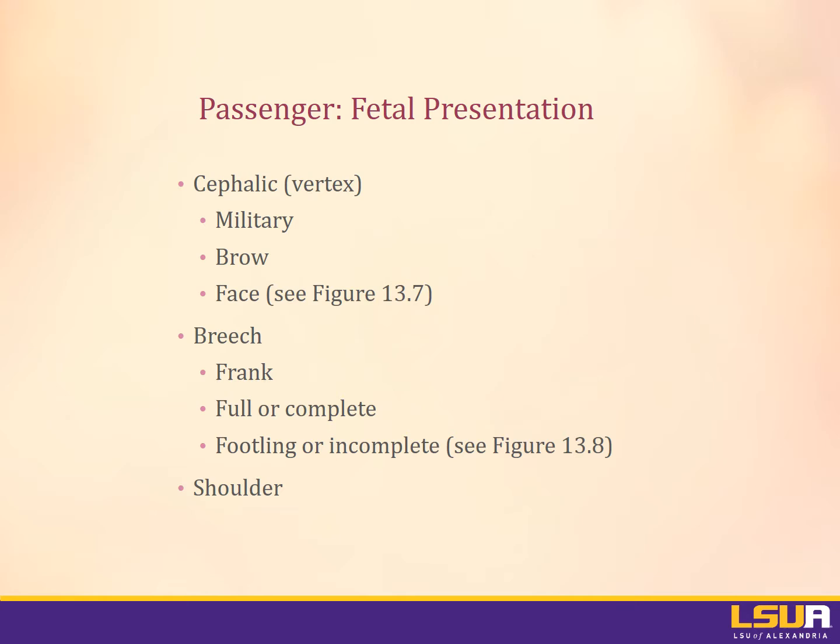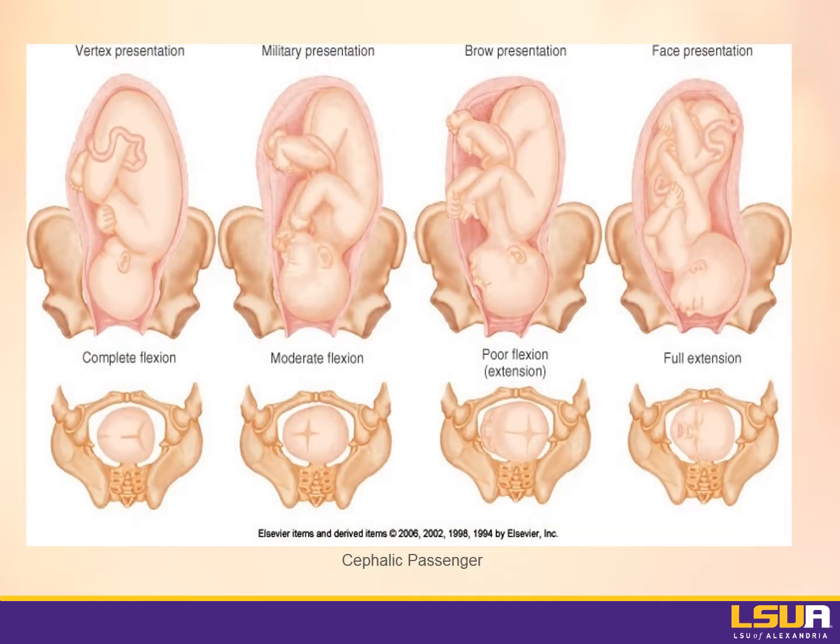Now, breech presentation is either called frank, full or complete, or footling, or incomplete. You can see these on page 463 down at the bottom. These are all when the baby's head is not coming first. And the other delivery is a shoulder, with shoulders coming first. Here's some other pictures for you